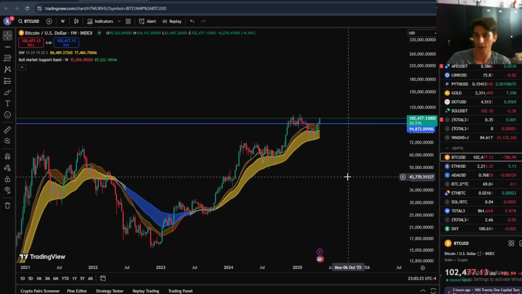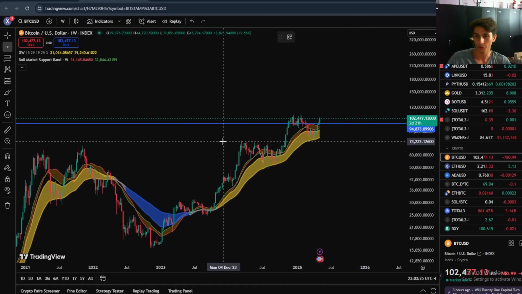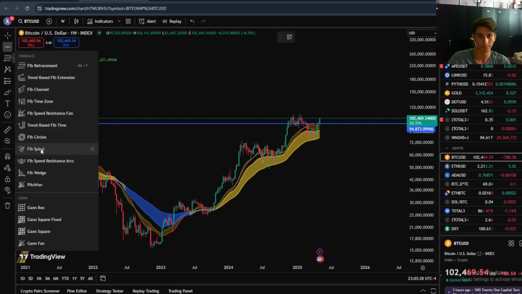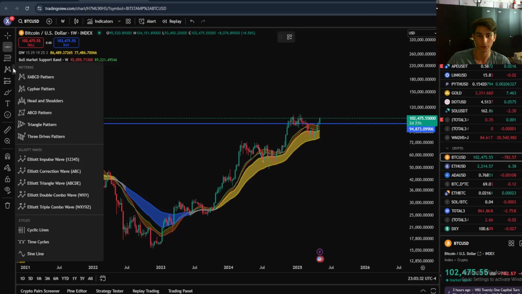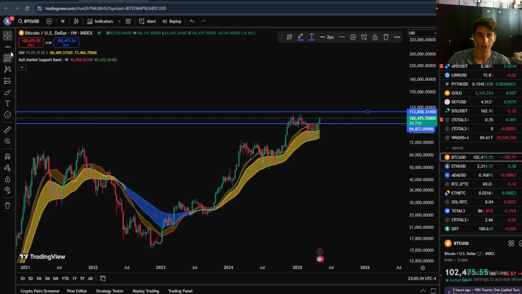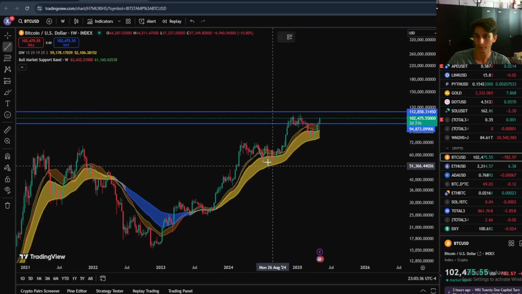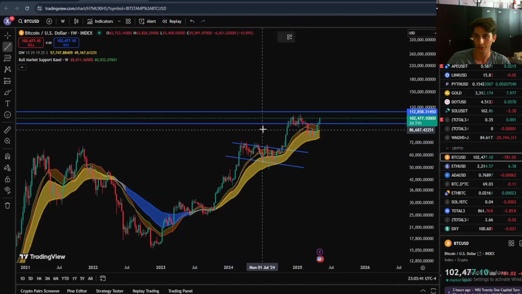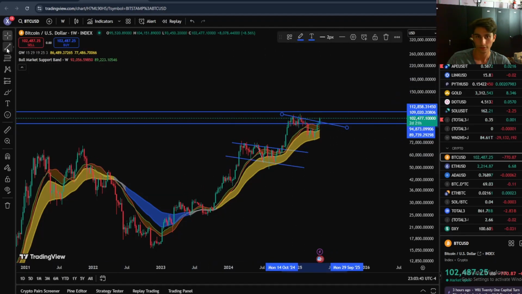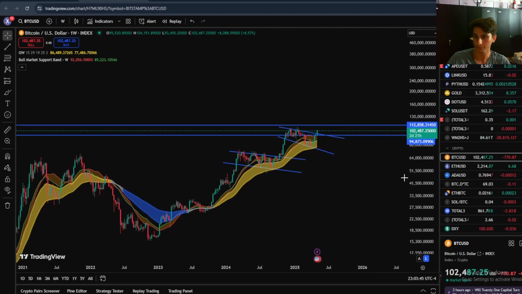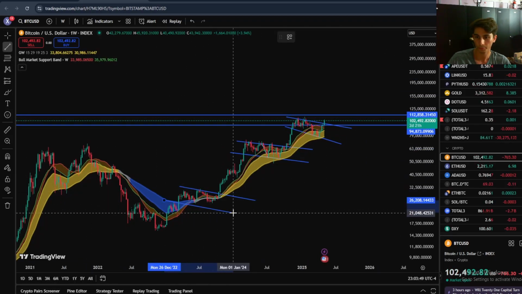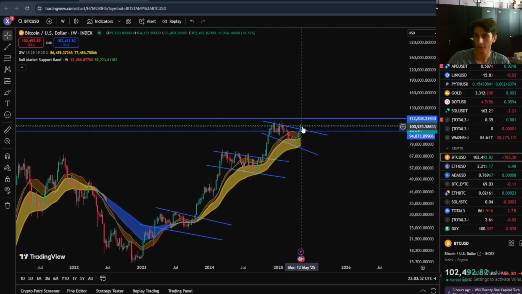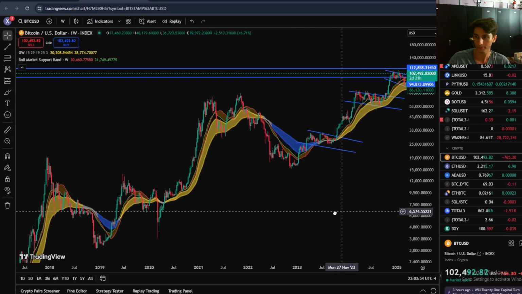So in my previous video, I actually stated that we were sort of in these parallel channels, and I like to think that we're doing that right now, and we're breaking out of this one right now. So as you can see, we were sort of in these lower high structures, and Bitcoin tends to break out of them, and then naturally reach new highs.